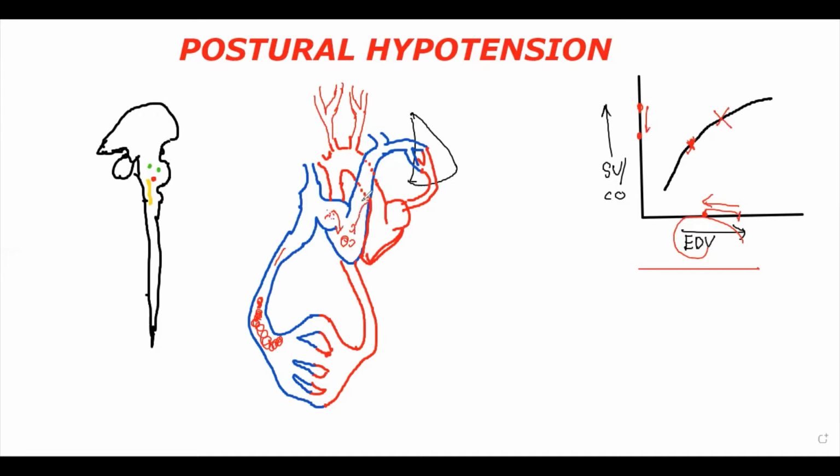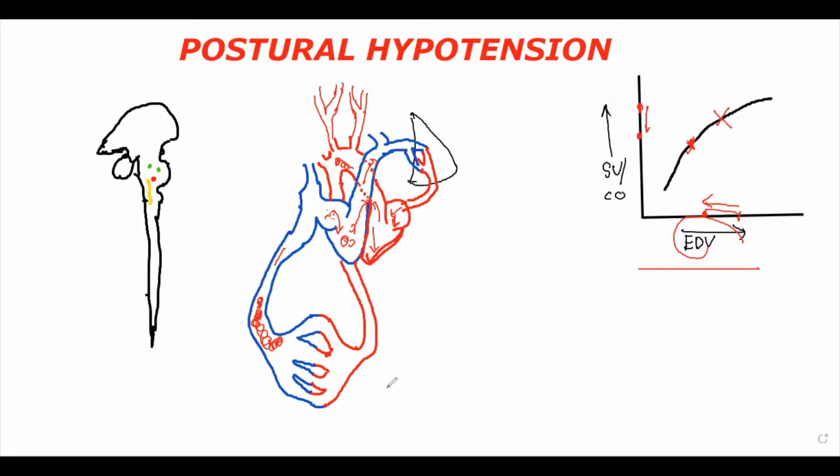So there will be less ejection of blood and less stroke volume, and eventually less blood into the left atrium and less blood into the left ventricle. As less blood comes to the left ventricle, there will be less ejection of blood into the aorta, so less blood into the arch of aorta. As less blood has come to the arch of aorta due to decreased stroke volume, it will decrease the patient's total blood pressure.